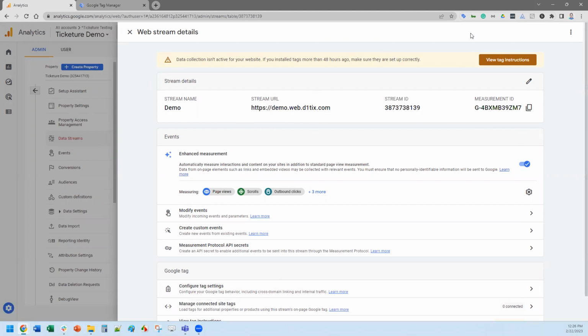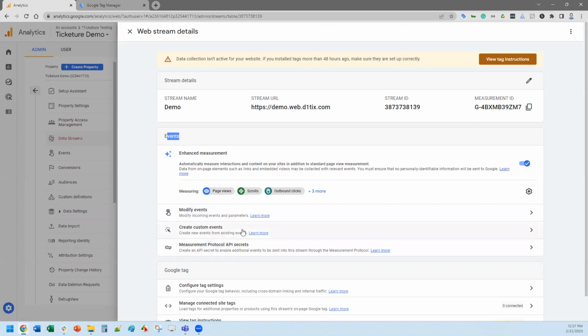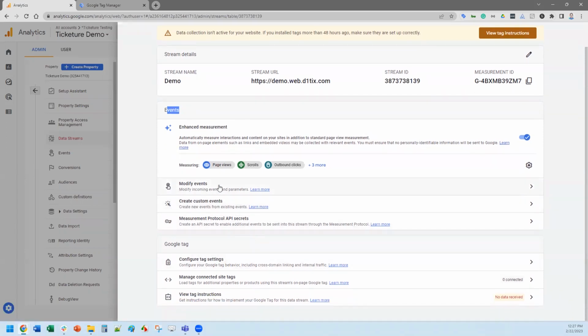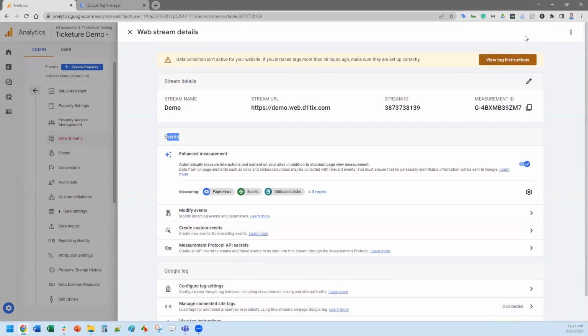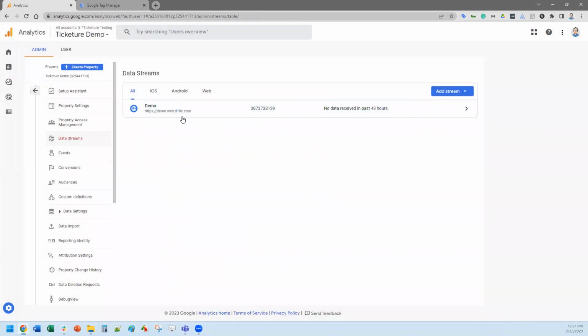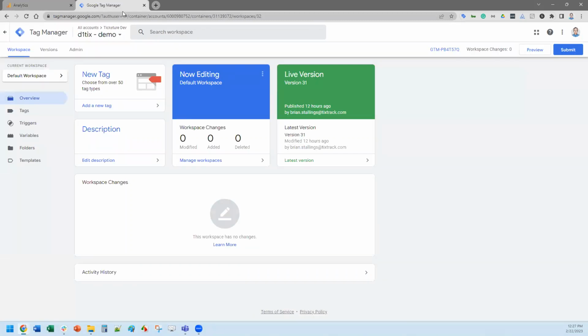That little pop-up that came out is, here's how you install it and all those things. There are other custom events and so forth that I mentioned that you could raise within this stream if you want. I leave these as default, but if there are certain things that you want to look for, obviously adjust those as you see fit. So once I've got that particular one in place, I've now got my demo item. I don't need to do anything else with this. There are settings and attribution settings and so forth I can set, but all I need is that ID.